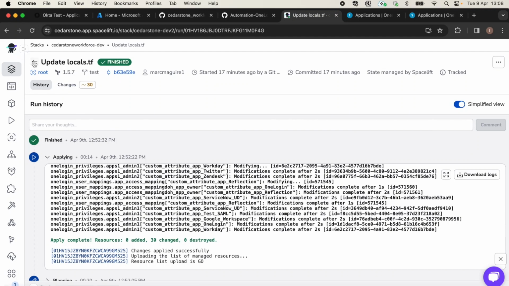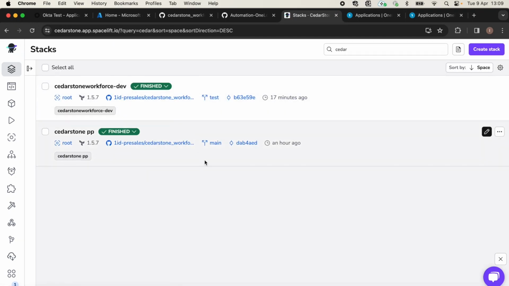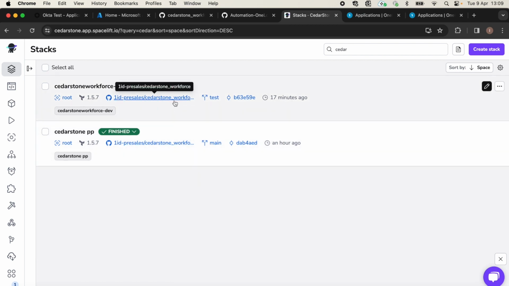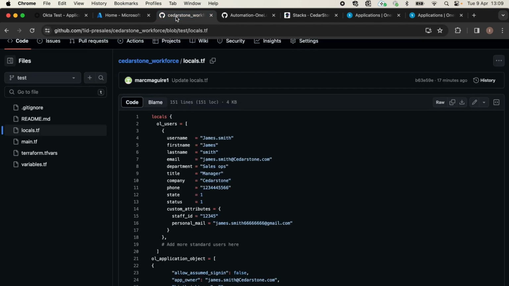If we just have a look again at our prod environment, we can see it's using the same repository as the dev environment, but it's connected to the main branch, whereas the dev environment is connected to that test branch. So all we need to do is merge the configuration changes into the main branch in our GitHub